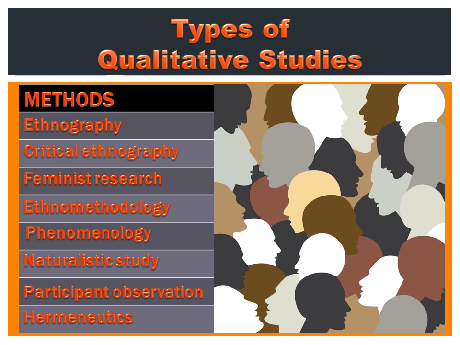As you can see, there are a variety of qualitative research studies. Even though they use similar data collecting techniques, the purpose of their study differentiates them. Ethnography studies the culture of a group or society. Critical ethnography focuses on the effects of power structures for the purpose of exposing and assisting the oppressed. Feminist research focuses on the effects of power structures that suppress women and those indirectly associated by default.